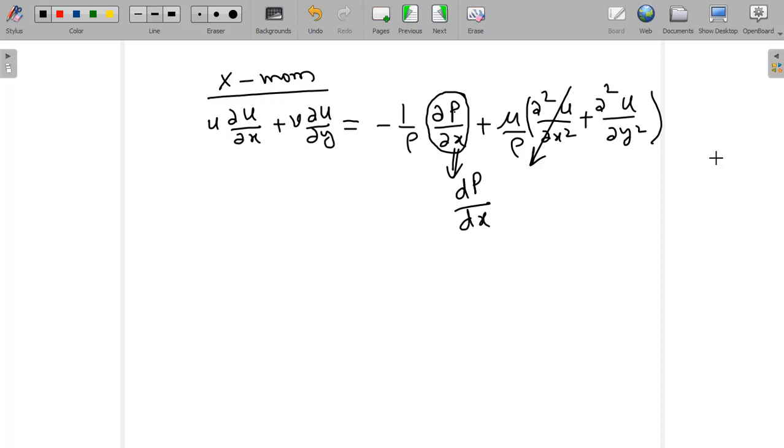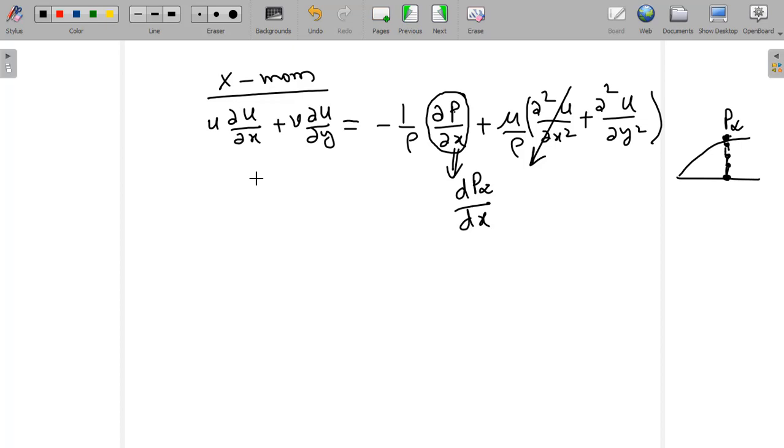So p is not varying. If this is a flat plate, let us consider any location x. p is not changing along y, so everywhere in the y direction this p is the same, and that p value is the same as at the edge. At the edge, what is the value? That is p infinity, right? So you can also write this as dp infinity dx.